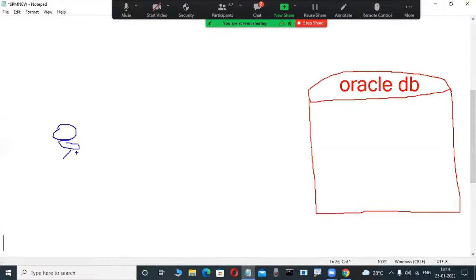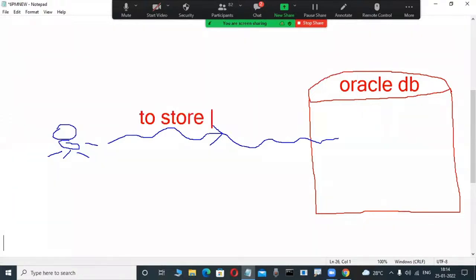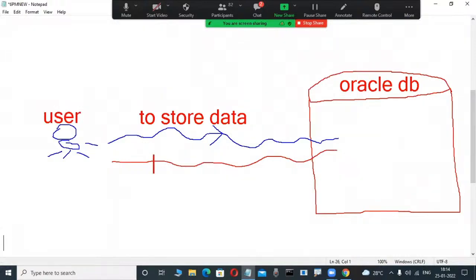You want to store some data permanently into the database. Not only storing data, we also modify the data and perform operations in the database, or we fetch the data from the database. For example, this user wants to store data into the database or retrieve data from the database. In that case, I am